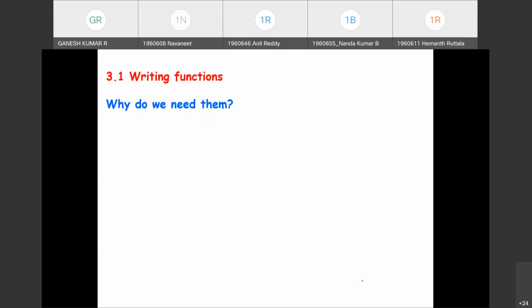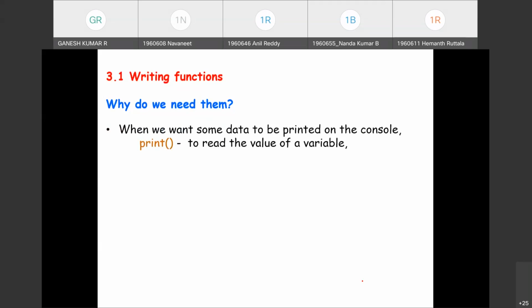What does it mean by that? We have only invoked the functions by using them as tools to make the program easier and to simplify the time-consuming and tedious tasks as well. Fine. When we want some data to be printed on the console, we had come across a few standard inbuilt functions. I hope you remember print, right? So this print function is a standard, default, inbuilt function used to print some information on the console, right?